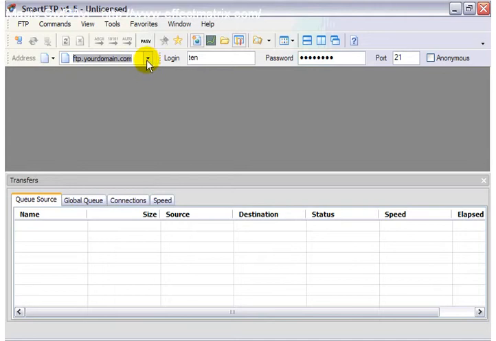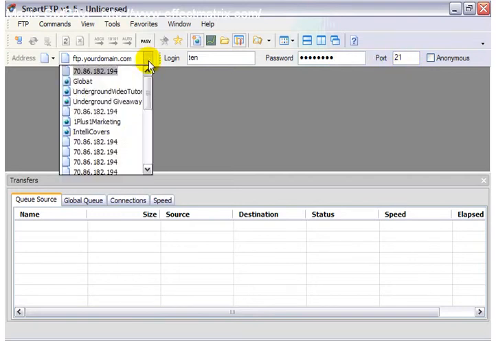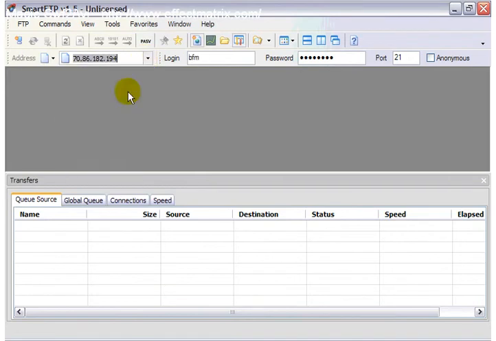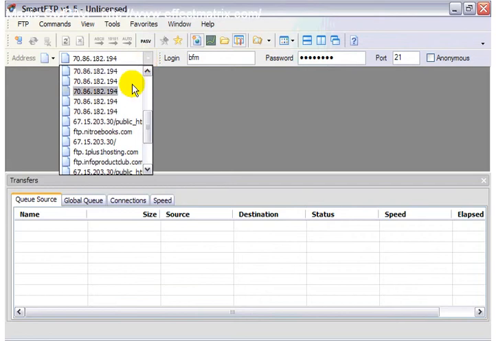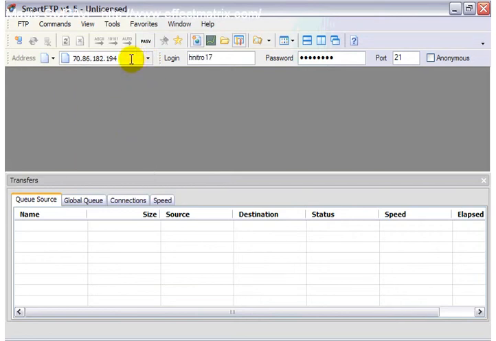Okay, so once you've put your FTP server on there, your IP or something like that, you need to put your login, that user ID for your web hosting account, and then that password, and we'll leave the port as is. So that's the way to set it up, and we'll just connect to one of these servers here, which they've saved for me. Okay, so anything will do. Once you have that in place, just press enter